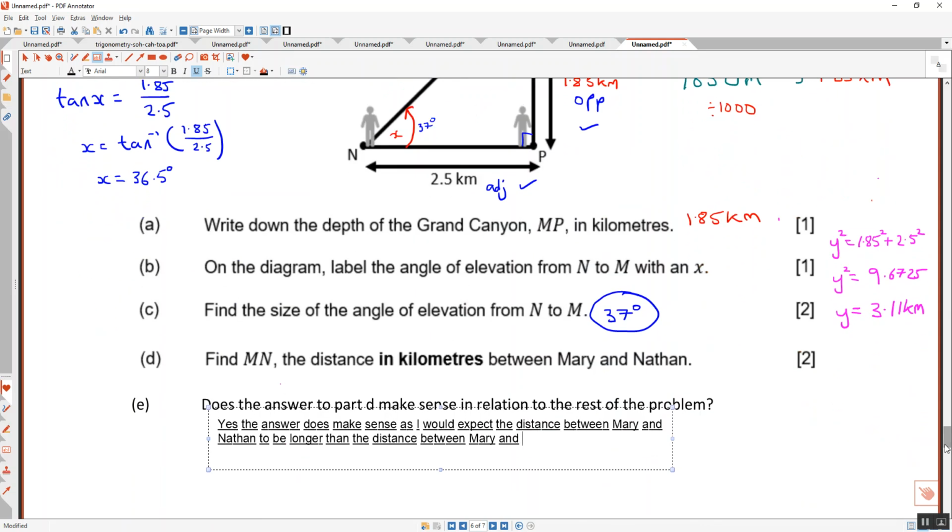Yep. Or Peter and Nathan. This is because